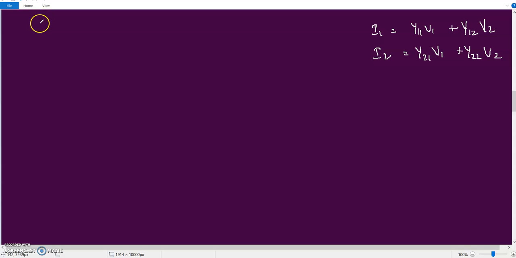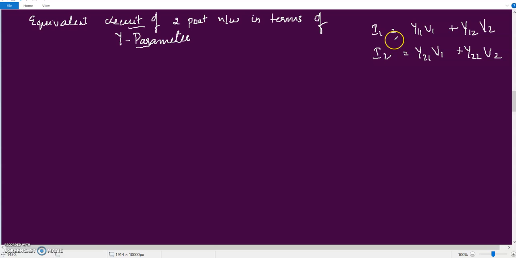Now we are going to draw the equivalent circuit of the Y-parameter two-port network. By seeing this equation, we know that on the left side we have current. These two are two currents. These all are currents, and this is a sum of currents. V into admittance means current. So we can draw the equivalent circuit as,